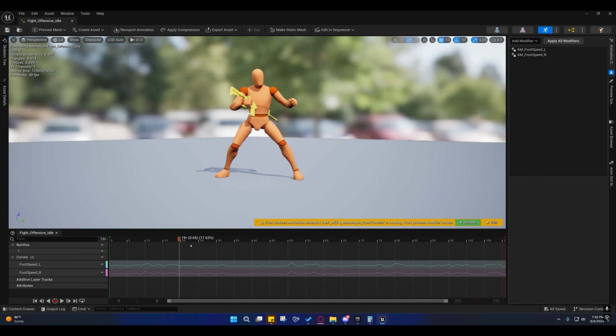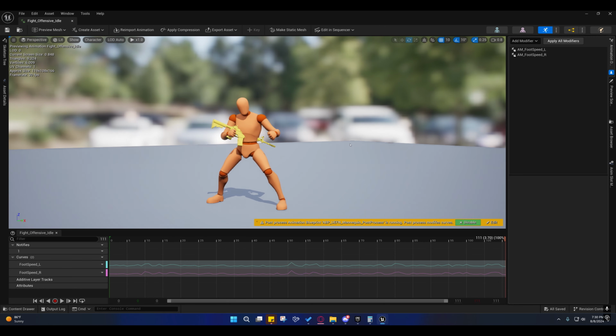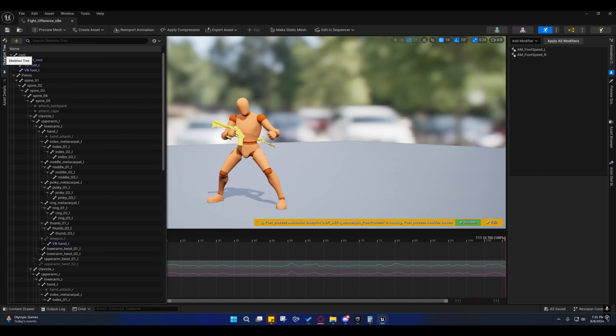So basically on this one, I just brought this in from Mixamo, and I retargeted it to the UEFN. And if the pelvis is offset, or if the root has a rotational offset on it, then you'll have to fix